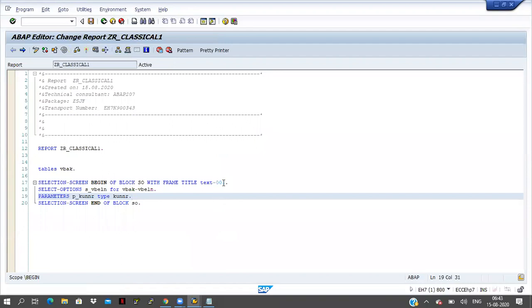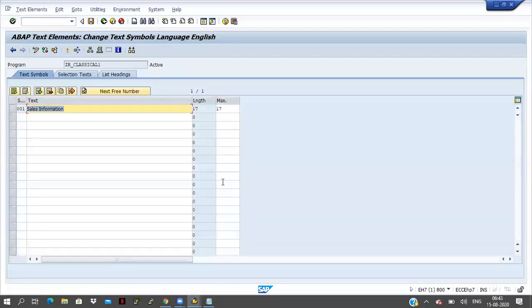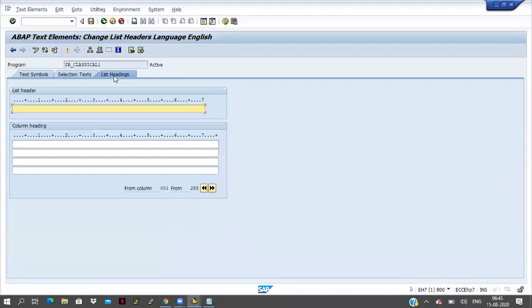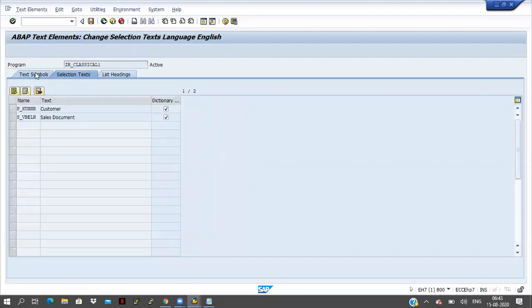If you double click on this one, automatically it will go here. Text symbols, selection text, and list headings are also available. We will discuss it later; as of now I am discussing selection text and text symbols.